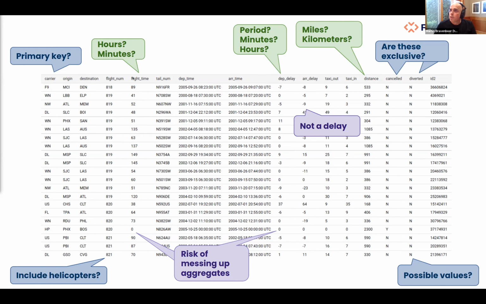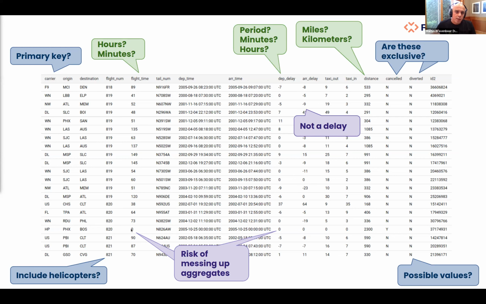For the flight time, the number is an integer. Now, based on your human understanding, you have to interpret that maybe this means minutes. I don't know, it could be anything really, right? The unit of the distance column is not specified. It could be kilometers, could be miles, I don't know. The delay column is the same story. It's probably minutes. Then also it has negatives, so it's not really delay. It's more like the delta in the departure time, I guess, right? And let's say if a flight is canceled, then the flight time is 0.